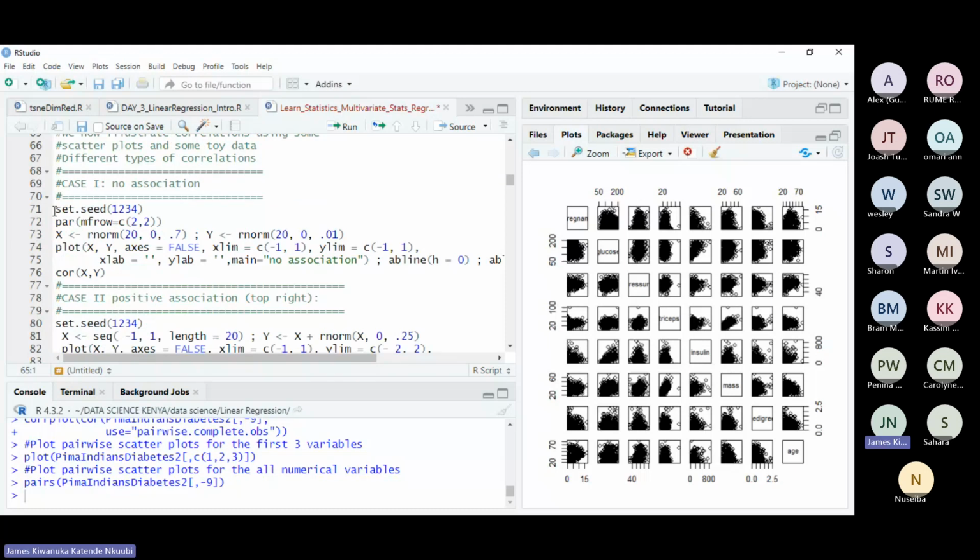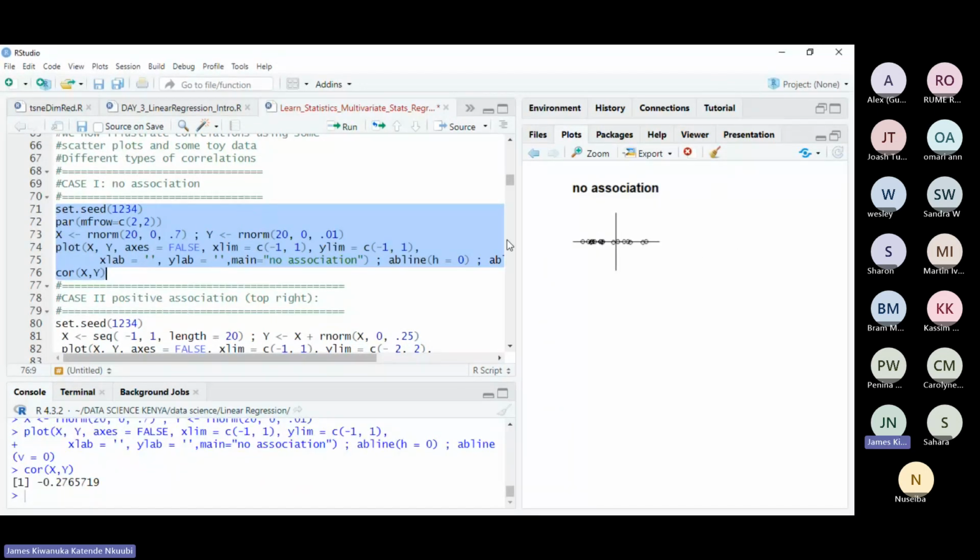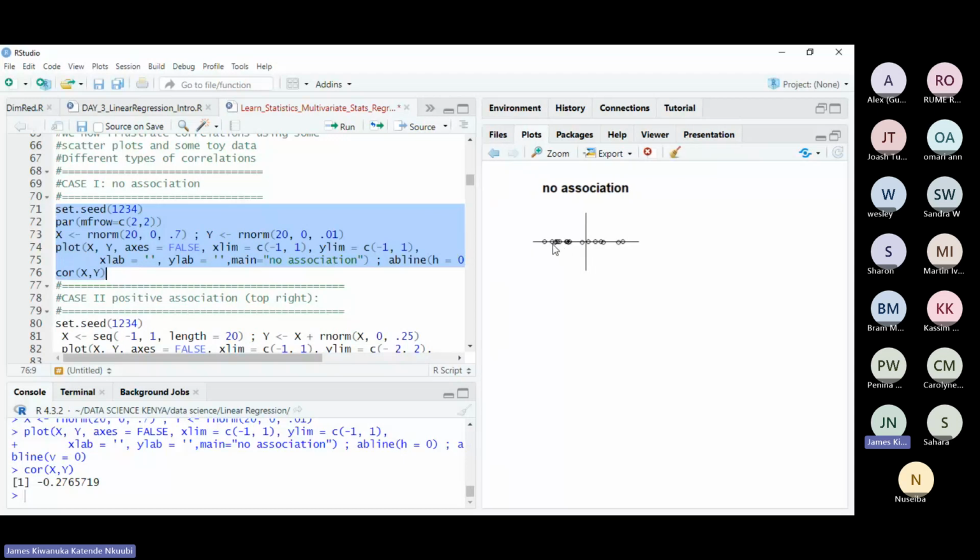So this first case, I will run it, and we see the, oh, I've selected and left out something there. So I don't know how well you can see the screen. So you can see this is just simulated stuff. We've generated this data deliberately. So you can see